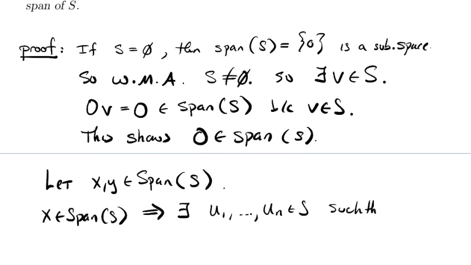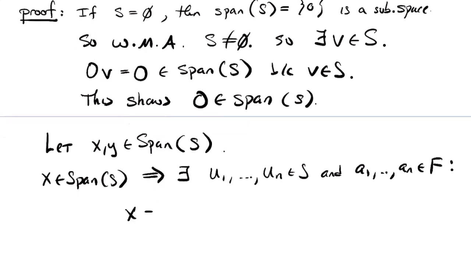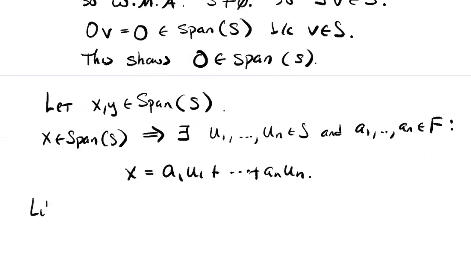Oops, and scalars, say A1 to AN in my field, such that X is equal to A1 times U1 plus and so on up to AN times UN, right? So likewise,